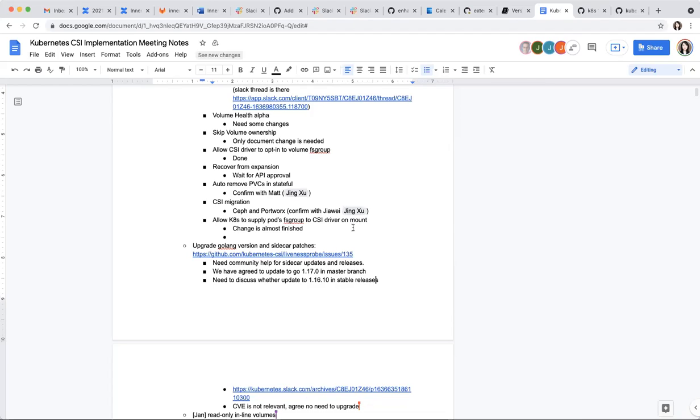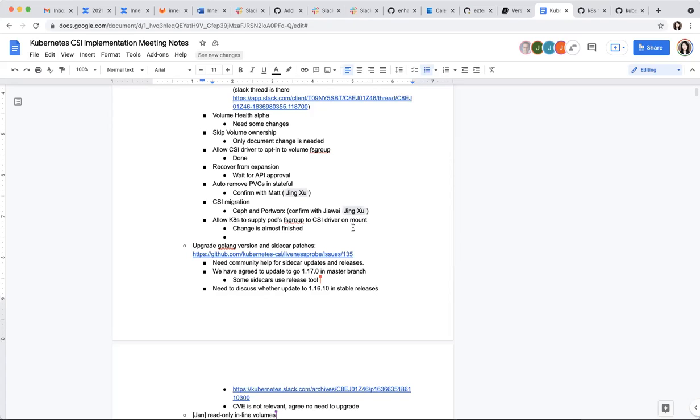Okay. So I have one related question. For the 1.17 bump on the master branch, some of these sidecars use Prow from release tools, which is currently checking against Go 1.16. It's actually defining how we build our components. So would it make sense to bump the default version in Prow in release tools?